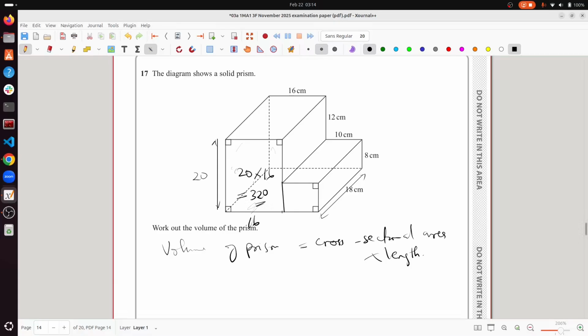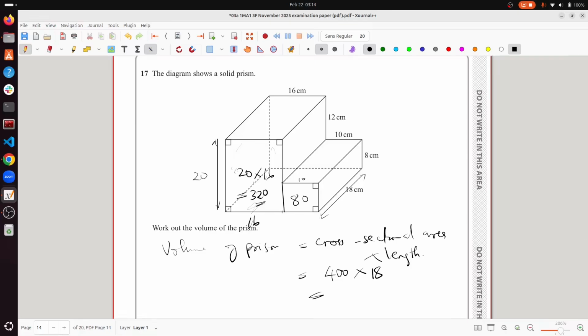Now this other little area, we know that there is 10, and this height is 8, so that is 80. So the total cross-sectional area is 400, and times it by the length, which is 18,